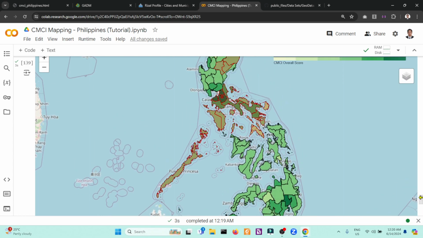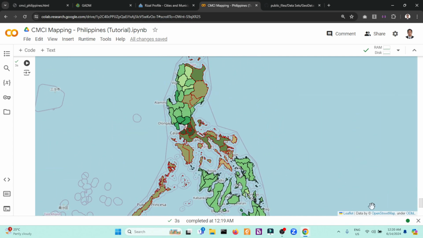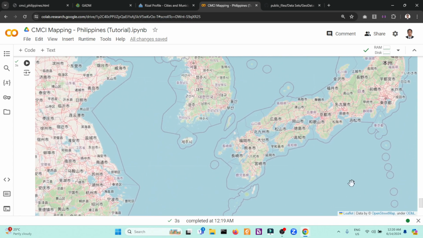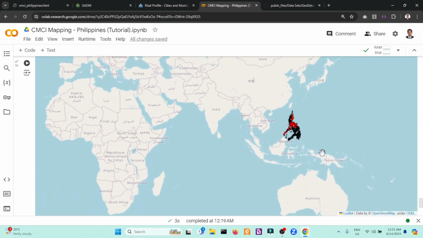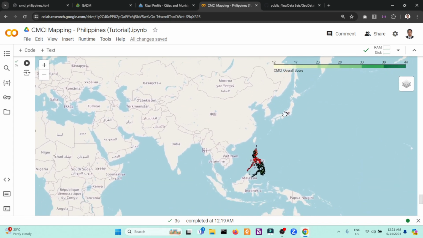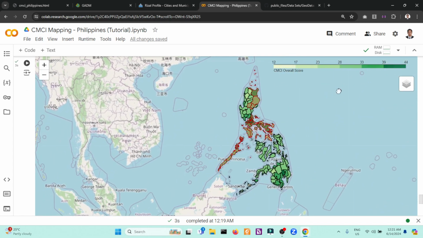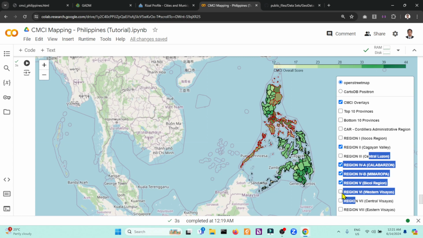How about, okay. So you can do that. So here's the Philippines. If you want other countries, you can do that too. But it's crucial if you have specific data. So again, this is Central Visayas, and so on and so forth.